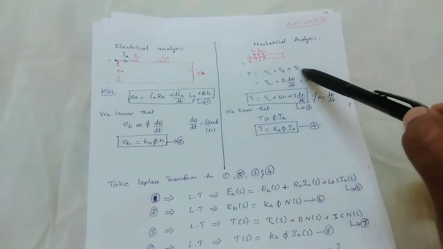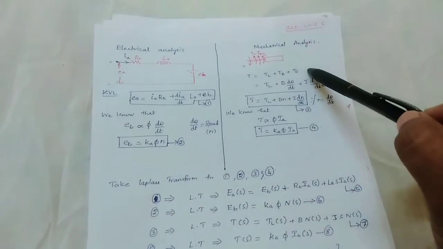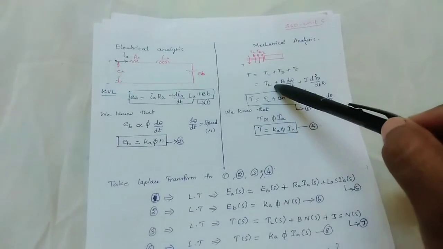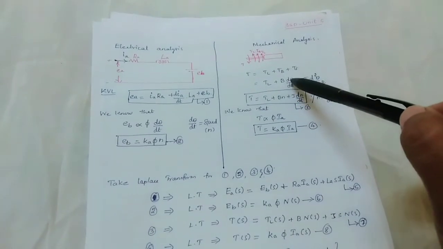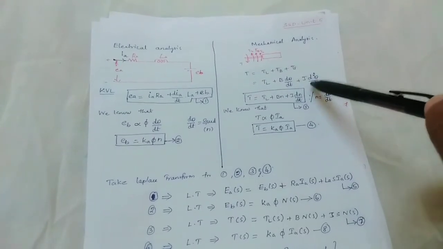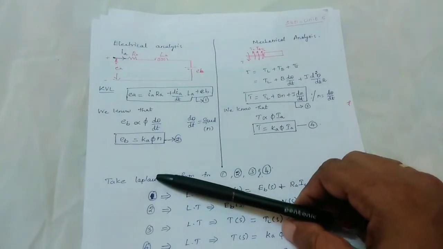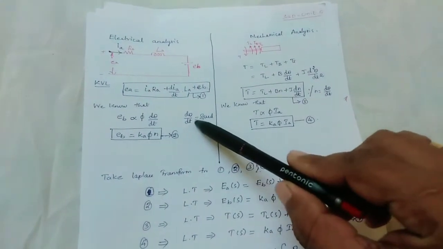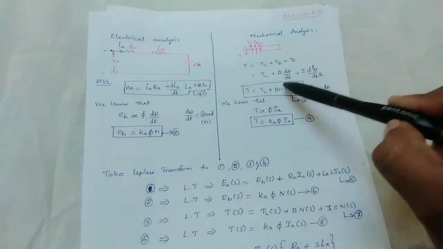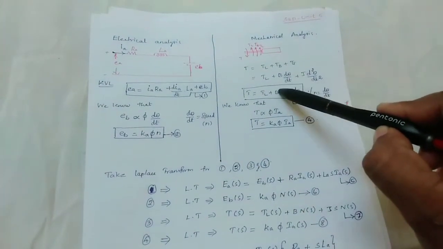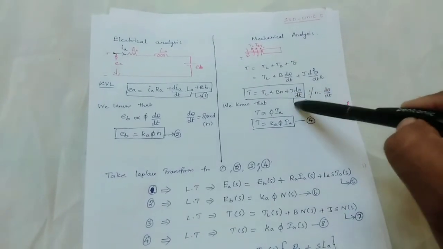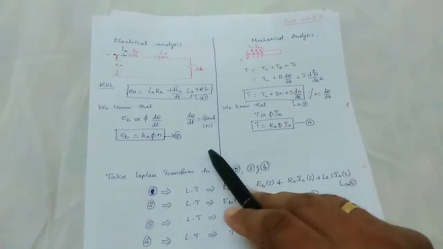Now we are substituting the individual terms based on the mechanical equation. TL is taken as it is, and we know that TB is nothing but B dθ/dt plus J d²θ/dt². Now, substituting, we know that dθ/dt is n, the speed. So we substitute this term: Bn plus J dn/dt. That is equation number 3.